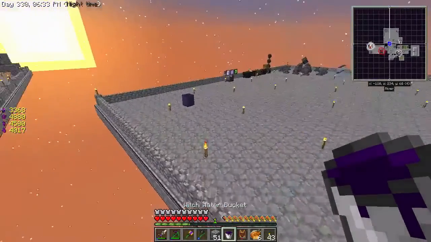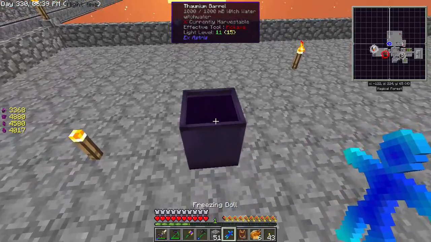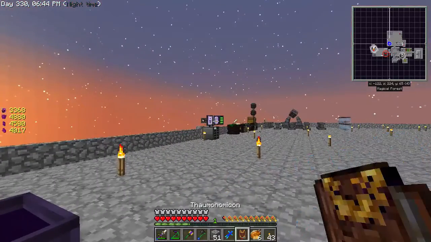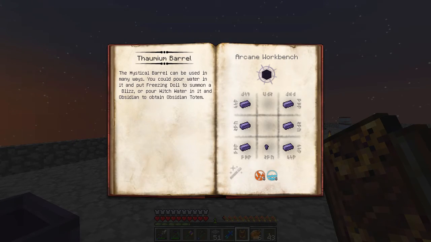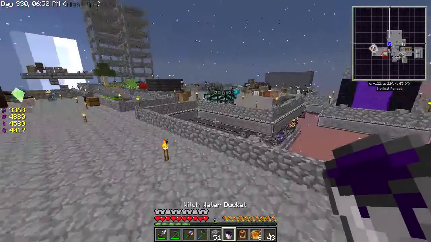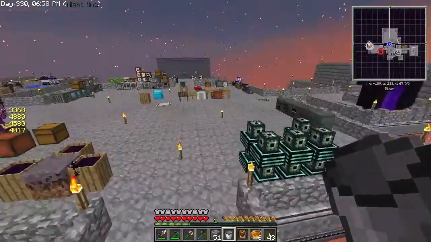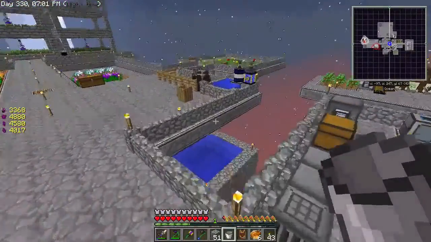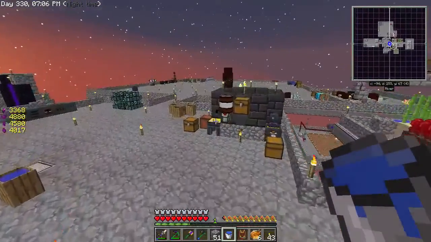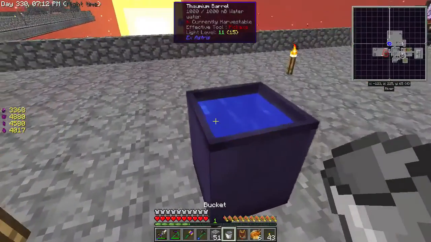So we get the bucket of witch water. Put that in. Pour water in it and get... Okay, so it's just normal water. So we'll need that for later with something else, but this one is just going to be normal water. No squids yet. We'll keep an eye on that, and if I don't find any, we'll move it down a little bit, or I'll do something else. So,